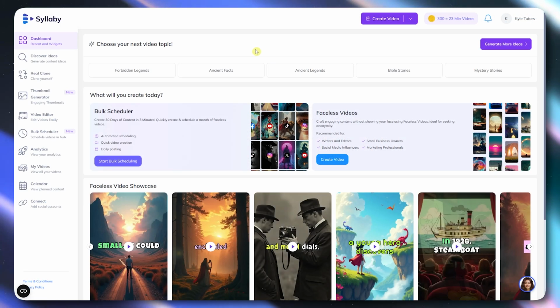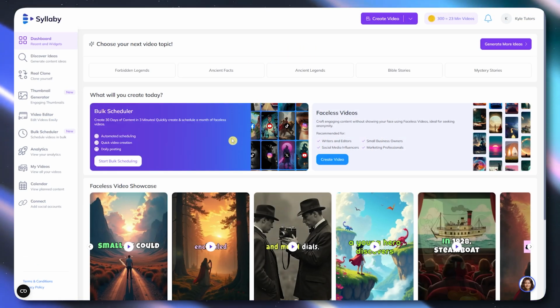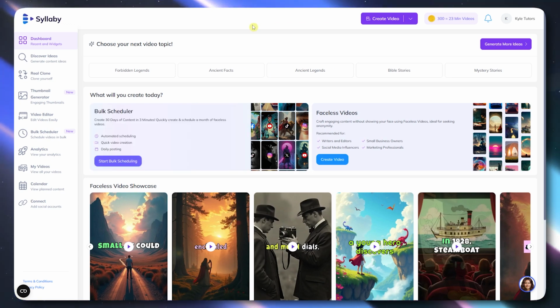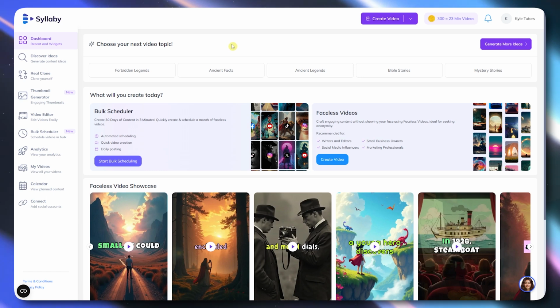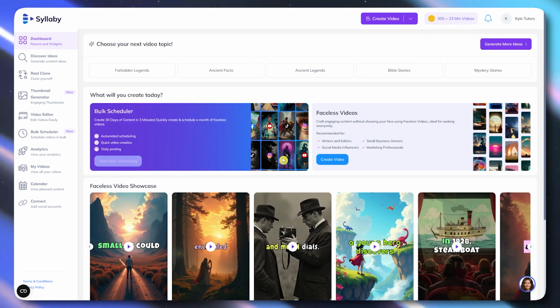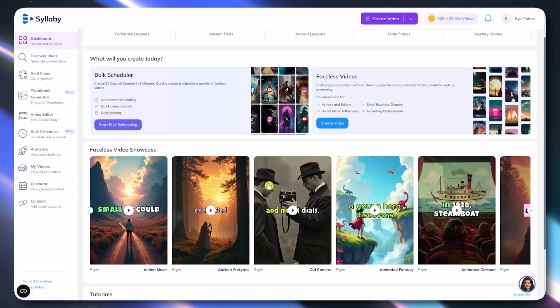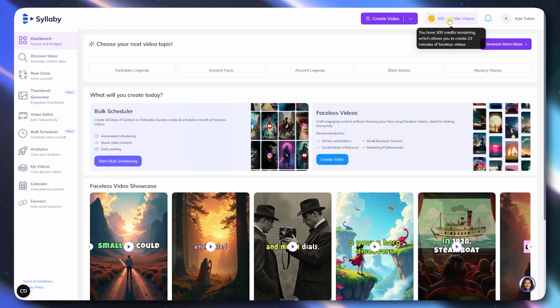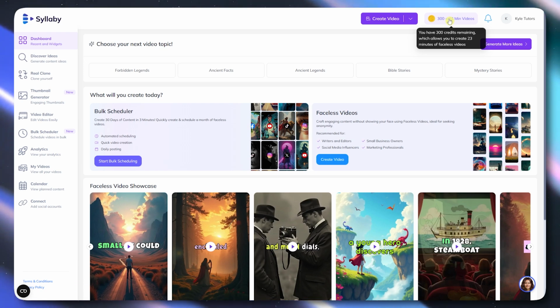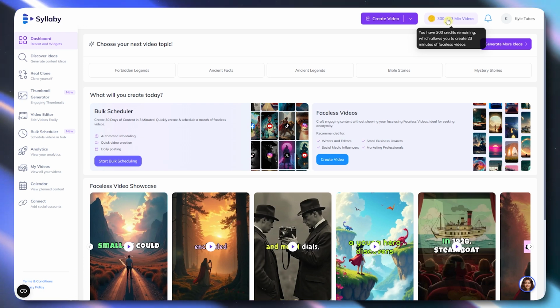Once that is successful, this is how your dashboard would look like once you have your plan available on your account. So in here, we could now see the credits in here. So as for this feature in here, which is the faceless videos, as you can see, our 300 credits is worth 23 minutes,